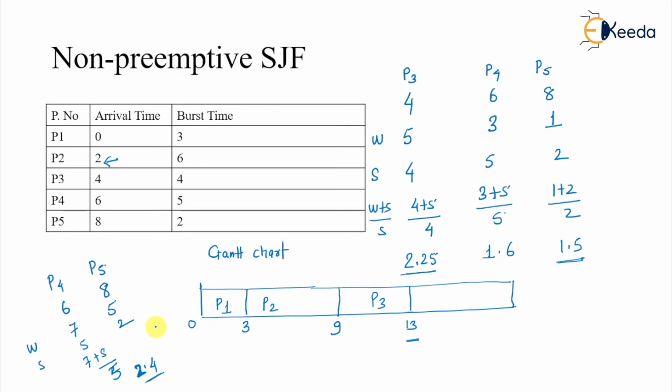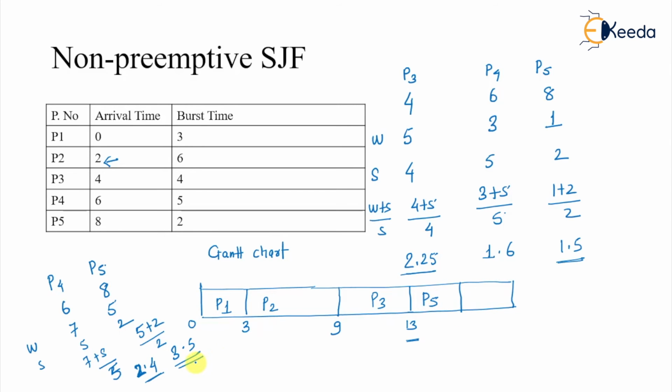And for the other, the waiting time is 5 and burst time 2, so 5 plus 2 divided by 2 is 7 divided by 2, which becomes 3.5. So now we can see that at 13, the next process to be scheduled is P5,